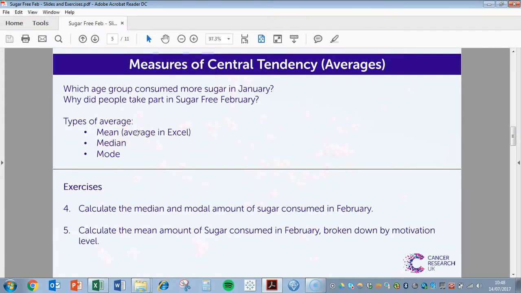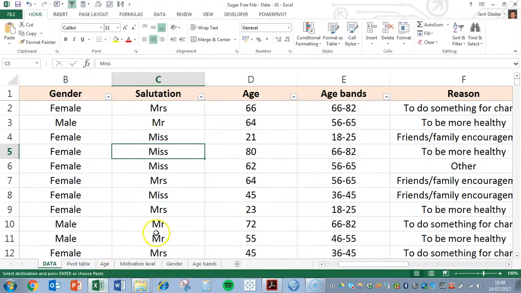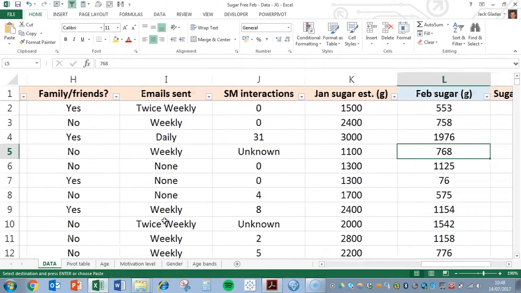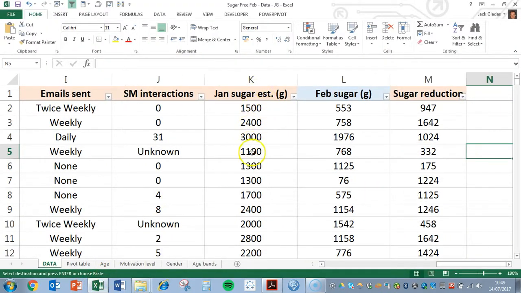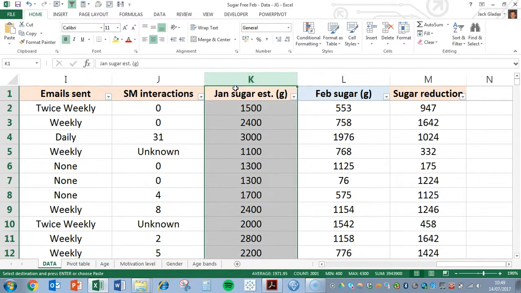Firstly, let's take a look at how we can calculate the mean in Excel. It's shockingly easy. Let's say we want the mean sugar intake in January. Now, the mean will be the total sugar intake of all 2,000 people, shared equally amongst those 2,000 people. And we can select the January sugar column, and straight away down the bottom here we get the mean indicated by the average,